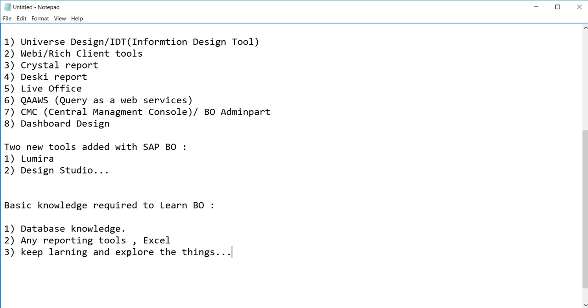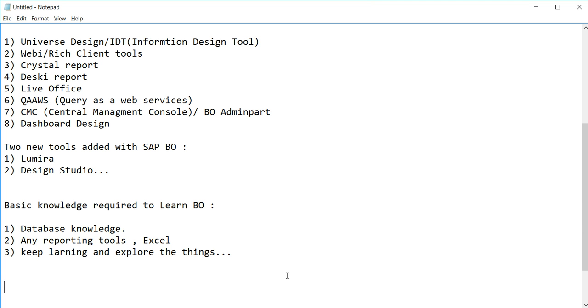In BW there are restrictions, different kinds of tables, so we were restricted to use only that table. But in BO, you design, say, a dashboard where employee details should be displayed along with some other information. That is your imagination. Whatever you think, you can implement in BO. That's why I put the third point: keep learning and explore the things.